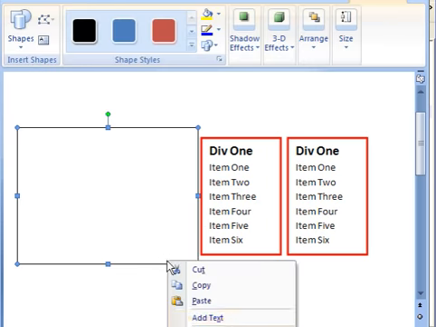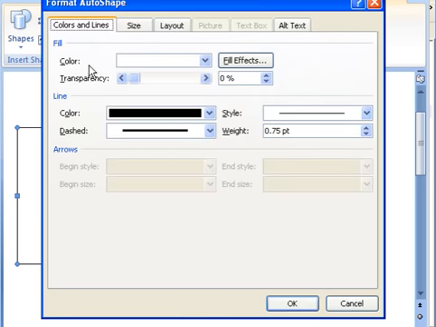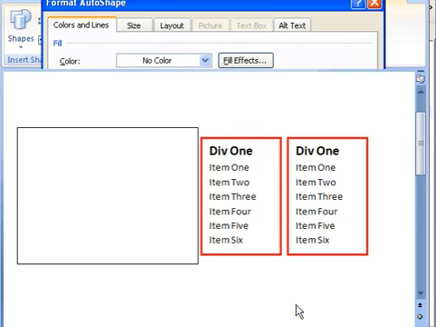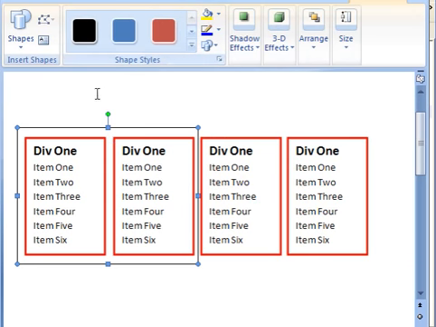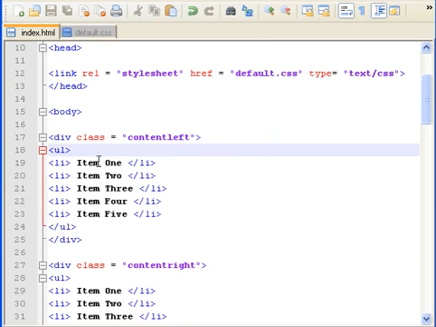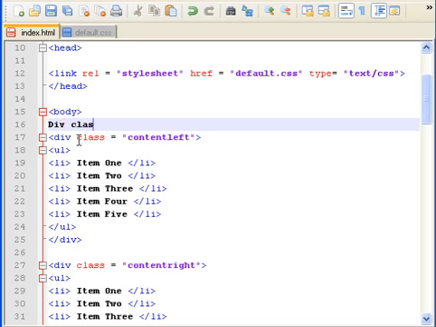Sorry, I need to make this transparent. Fill color, no color. Yeah, I need to make something like this. What I'll do, I'll come back to our notepad and create another div around those two. So yeah, I'll say div, and then the class will be equal to container